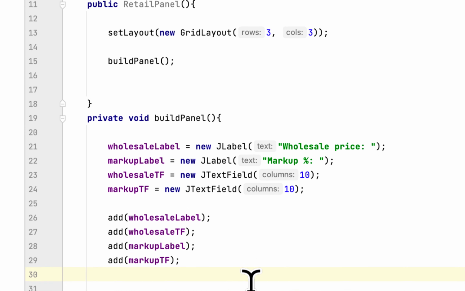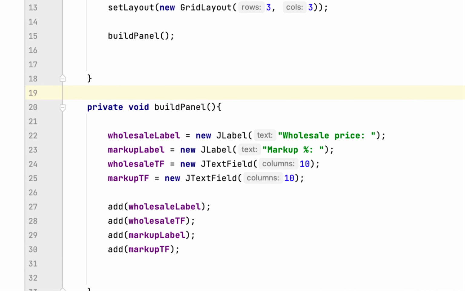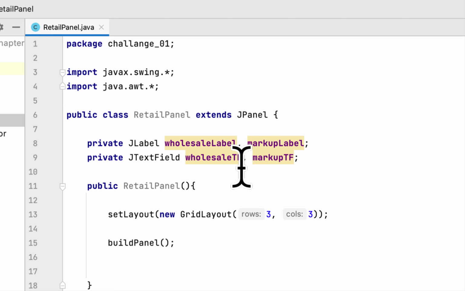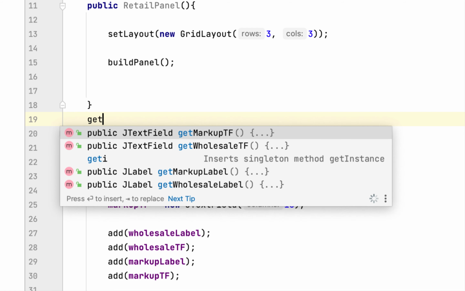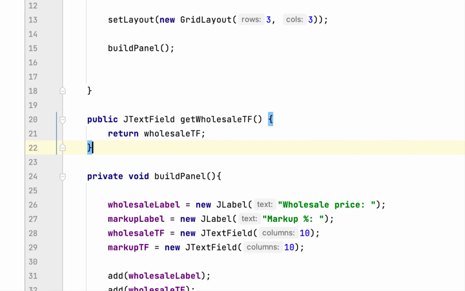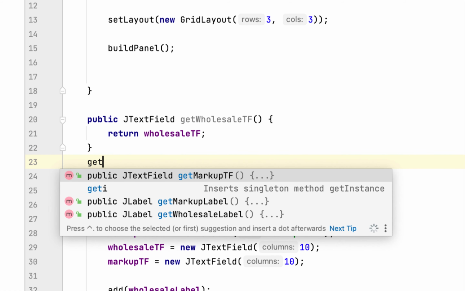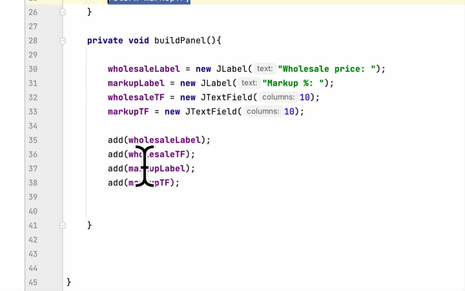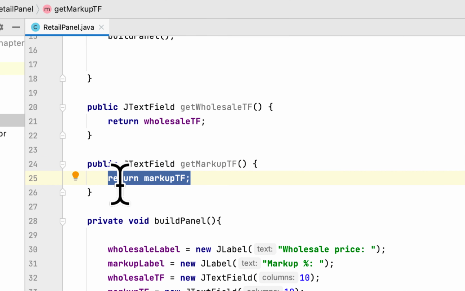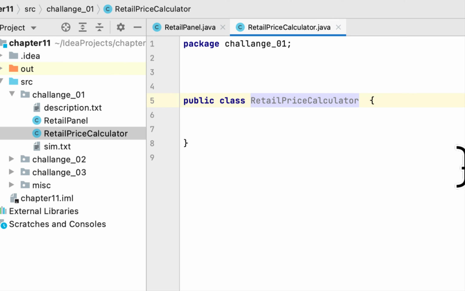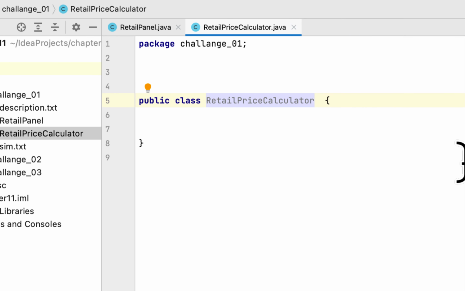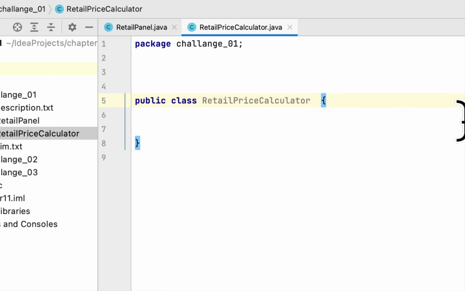Also in this class we have to return these text fields, because we want to make sure that the user enters the numbers, the wholesale price and the markup percentage. So we're gonna say wholesale TF, get wholesale text field, and get markup text field. And that's it for this class. We go to the retail price calculator. This retail price calculator would inherit from JFrame,